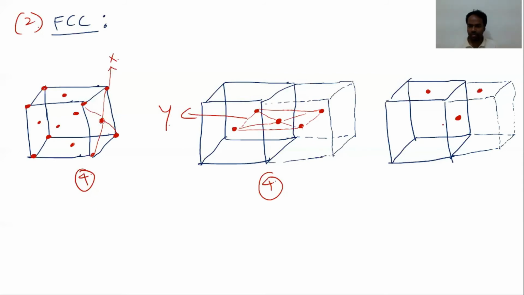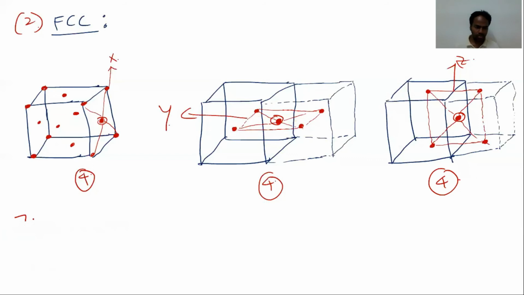So take the bottom like this. So these are the nearest neighbors. So this is our plane, along the Z. For this reference point, the nearest neighbors along the Z plane is 4. So for this reference point here, along X, Y, Z, the sum of nearest neighbors are total 12.